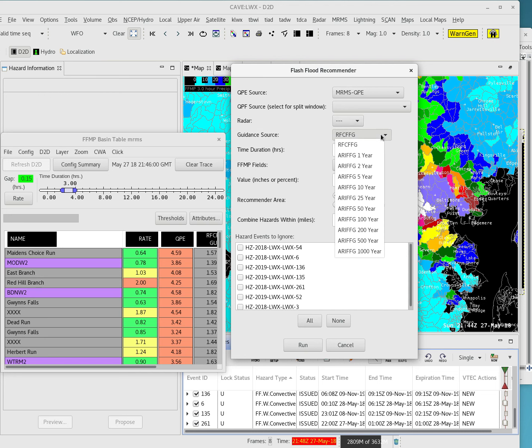The guidance source is HazardServicesFlashFlood guidance. It could be the average recurrence intervals if I wanted it, but I am not going to go down the ARI path. If I look at the duration, I can do 1 hour, I think is the default, and it